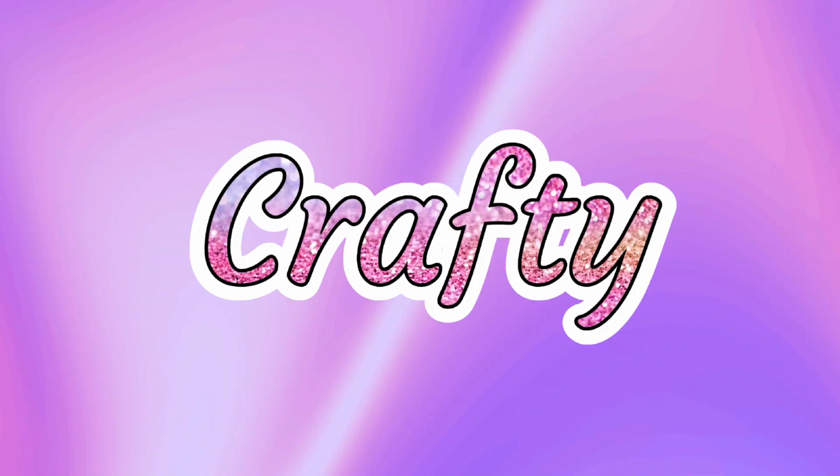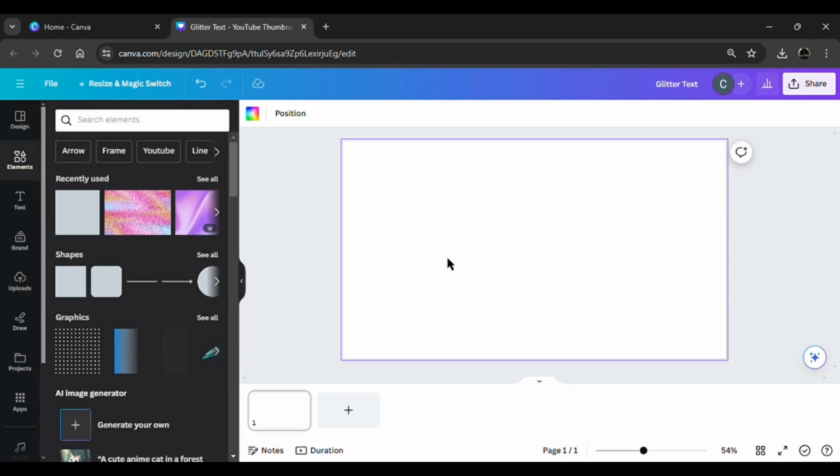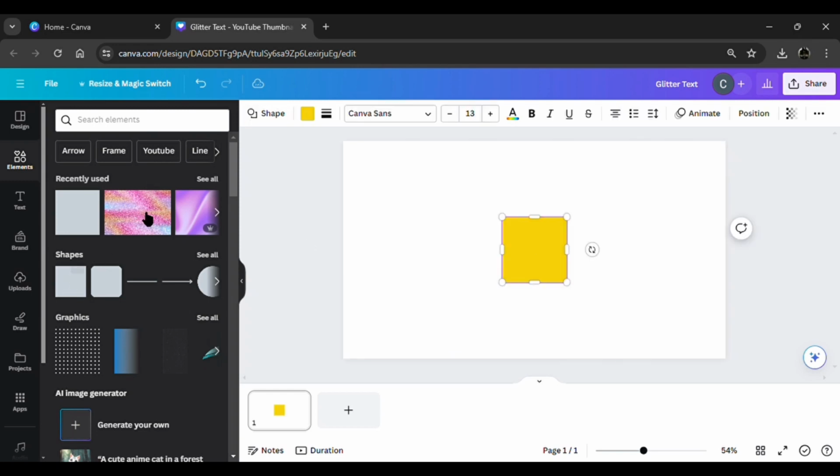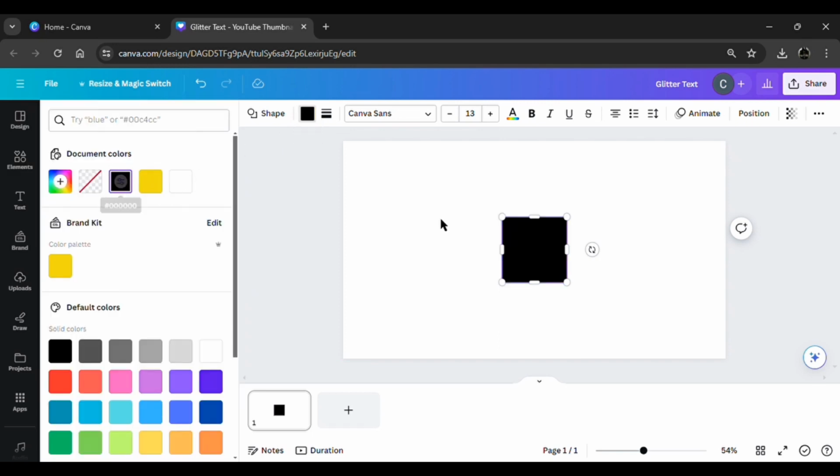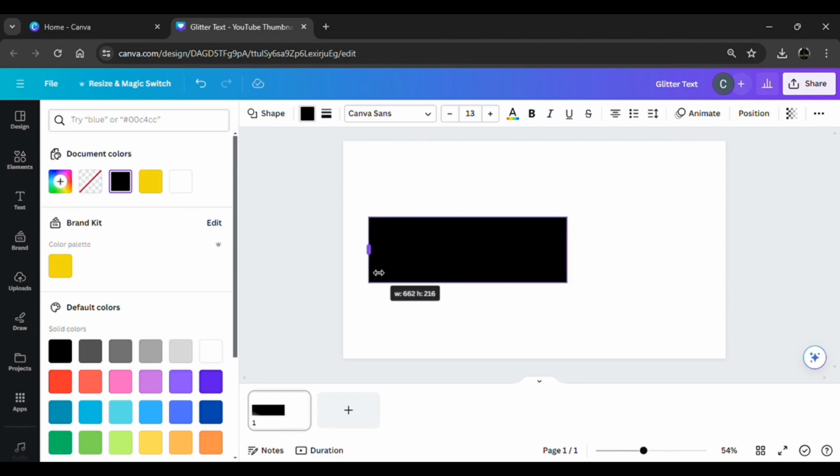In today's video, I'll be showing you how to do a glitter text design using Canva. So the first thing we're going to do is go to elements, and then search a shape. Now we're going to change the color of that shape, adjust the size,